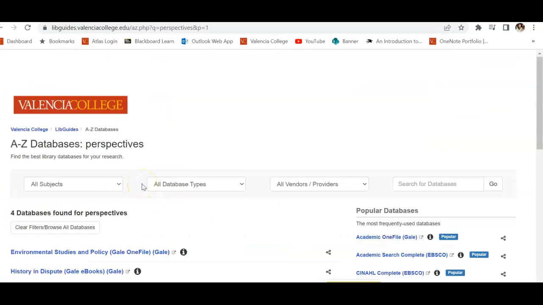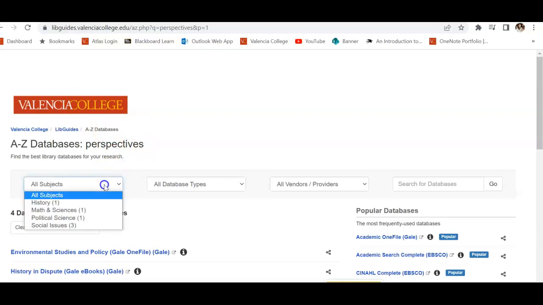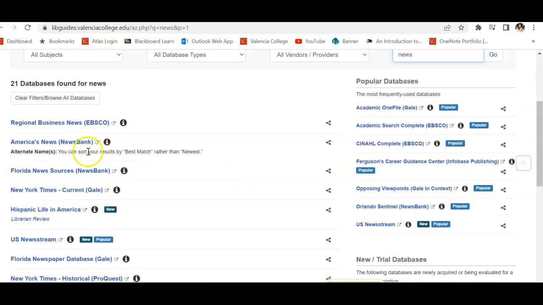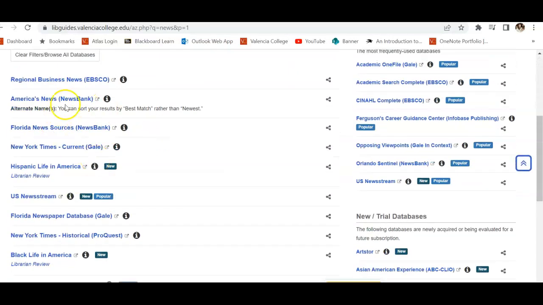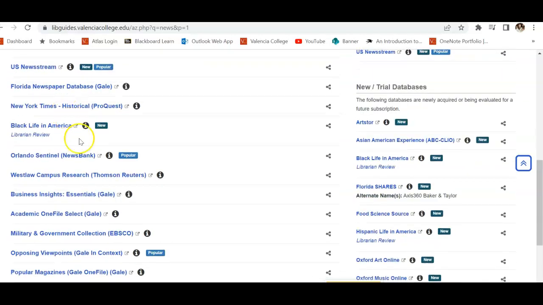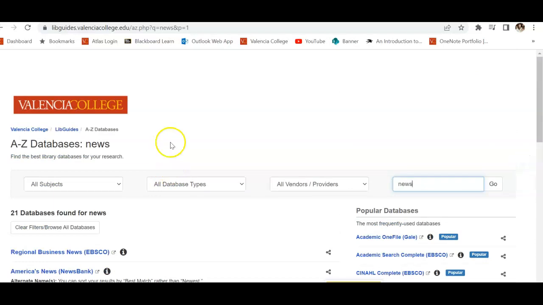A few of the various databases that are available to you. Again, you can sort them by subject. If you needed news, there's news options. So you could certainly look at that as well. You could just type in news, and it would give you the list of the ones that have to do with news. So America's News is really good for getting access to national news. Florida News Source is really good. New York Times can be helpful. So there's lots of good options, kind of depending on what it is that you are looking for that makes sense for your